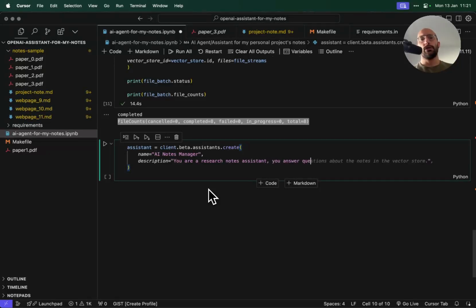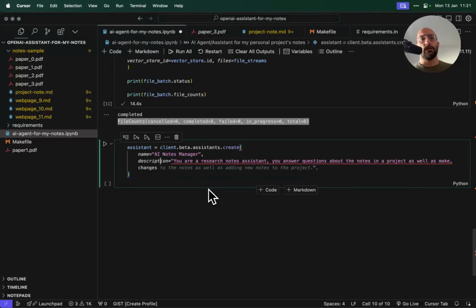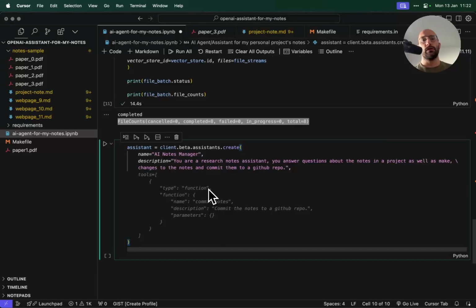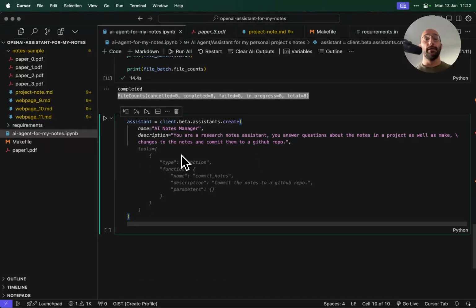You answer questions about the notes in a project, as well as make changes to the notes and commit them to a GitHub repo, something like that. All right. And then now, folks, the most important parameter that we're going to set is going to be the